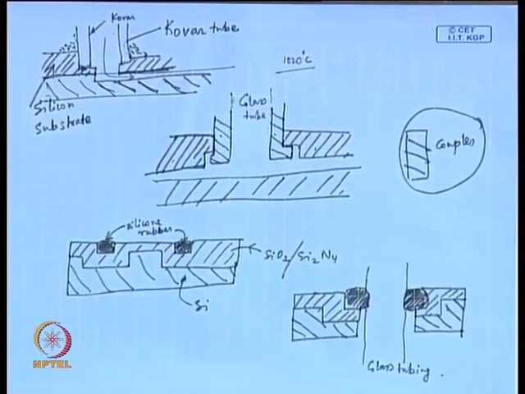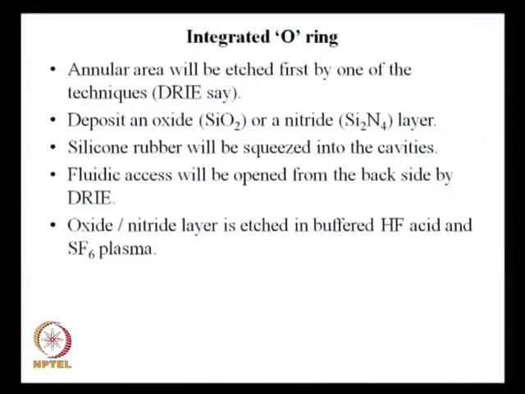what you have is an annular area that will be etched first by one of the techniques, DRIE say. Deposit an oxide or a nitride layer, silicone rubber will be squeezed into the cavities, fluidic access will be opened from the back side by DRIE, and next the oxide or nitride layer is etched in buffered HF acid and SF6 plasma. What this means is,